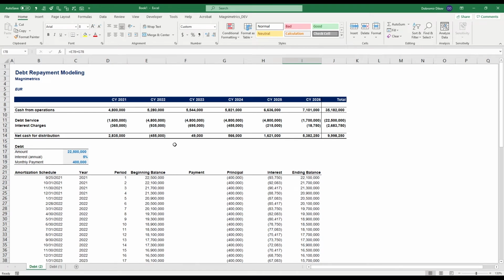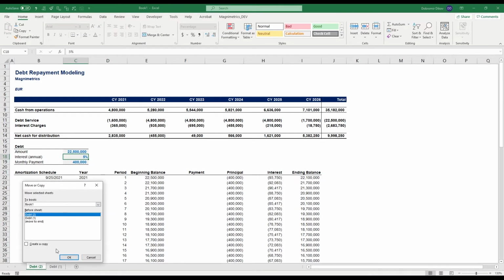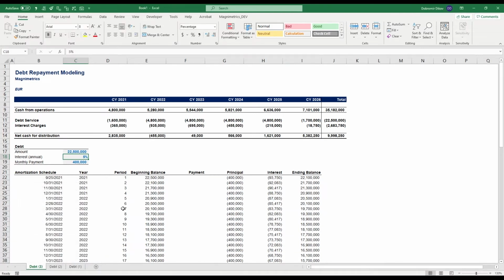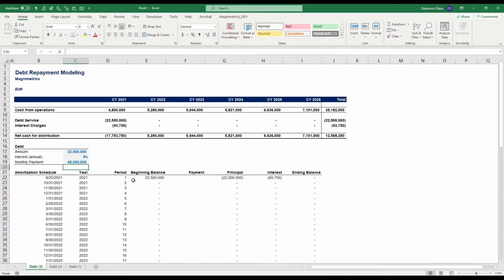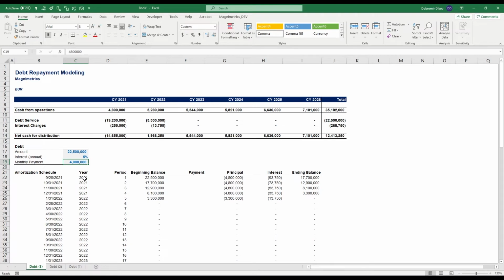In such cases, we can even go ahead and say, okay, we're going to get 22.5, we'll negotiate with the bank to pay 400 a month because that's what we can afford, and the interest rate is going to be around 5%, and just quickly and roughly model that. If we want to do it even quicker and it's not for a really detailed model, we just want to get some rough estimation, we can even copy that, and we can just say that we're going to do an annual payment, and it's going to be, oops, let's just make it 12 times our 400,000, so